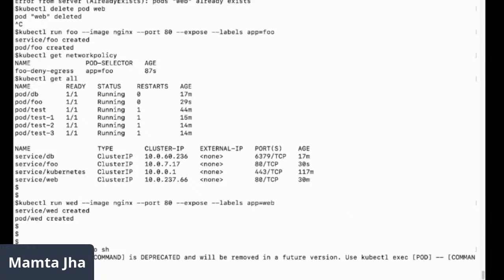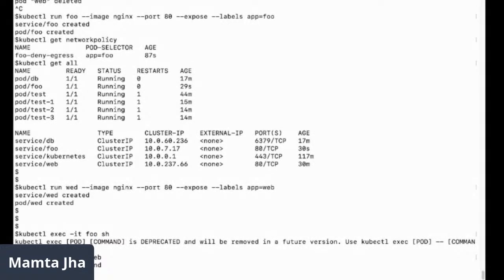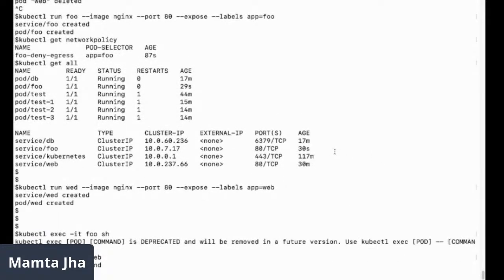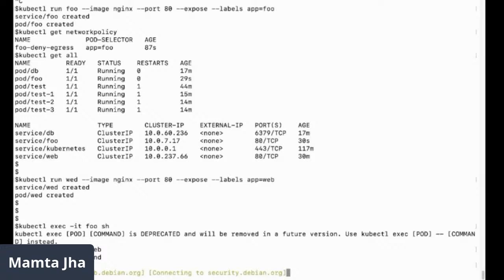Now let's try doing wget on HTTP web. wget is not found. What type of image had I picked up for Nginx? It was Nginx. Okay. I should have taken that as foo. No worries. This is which OS? Let me check if apt update works.